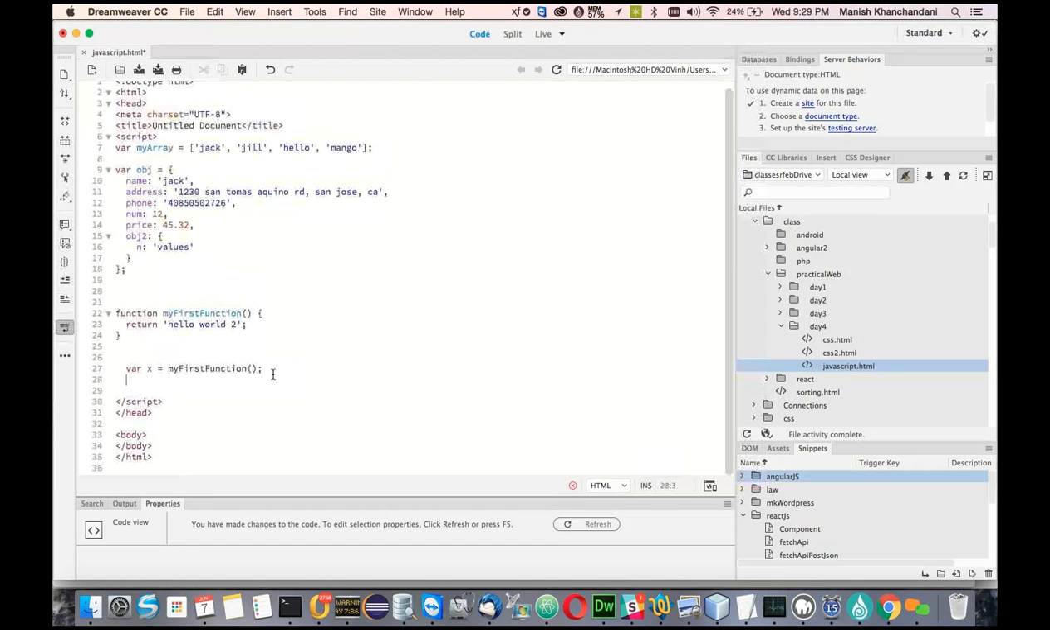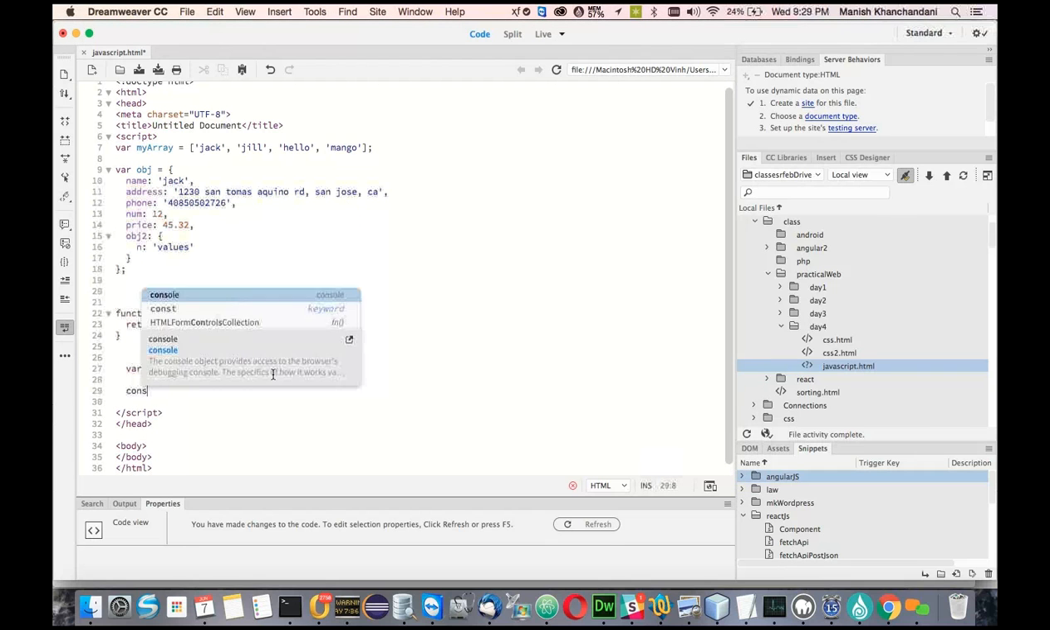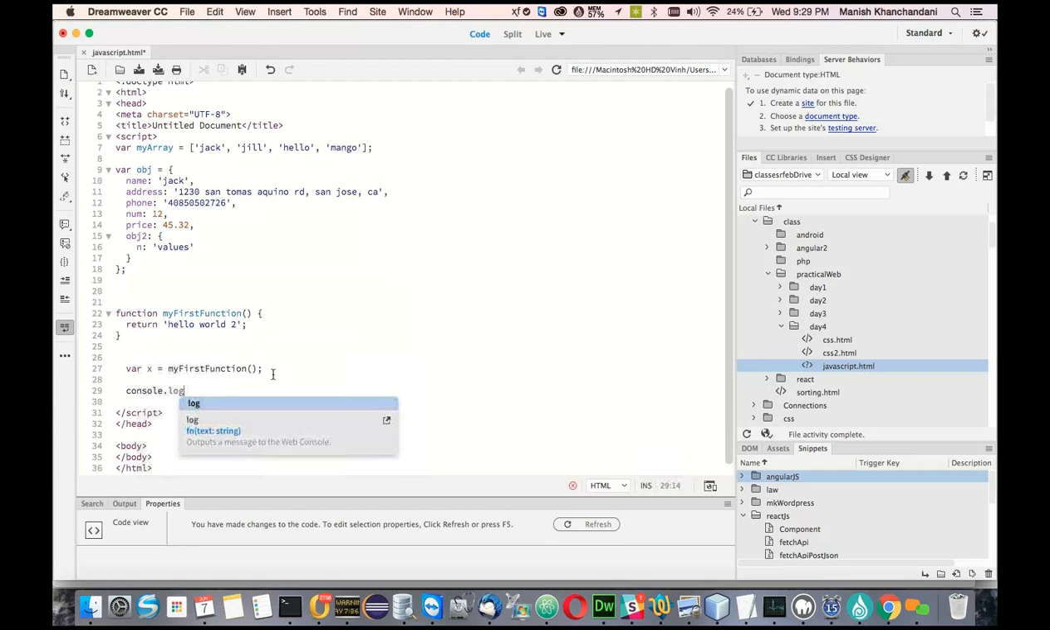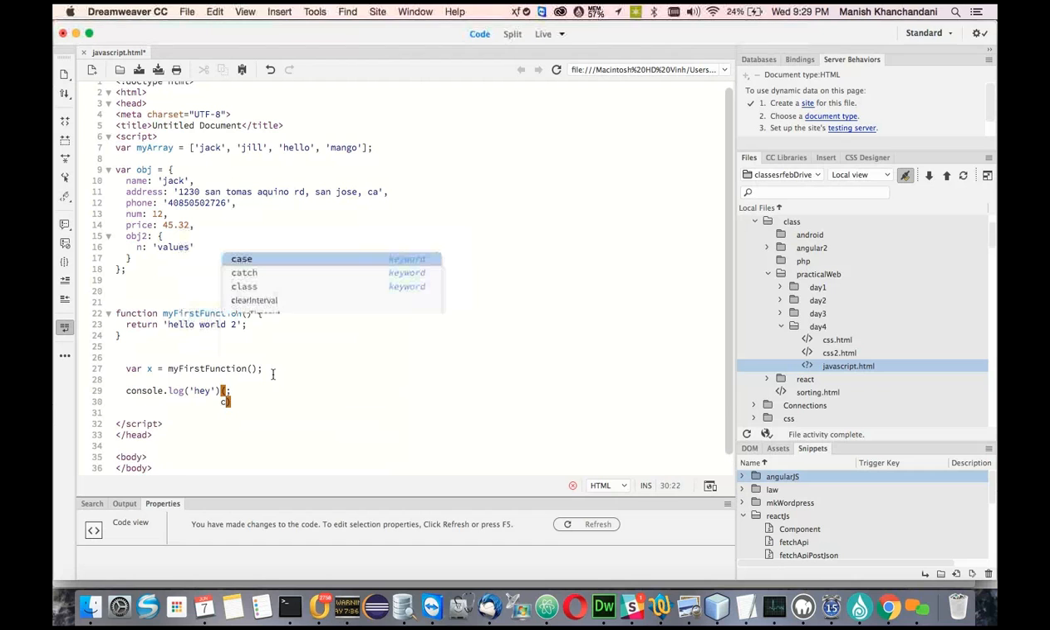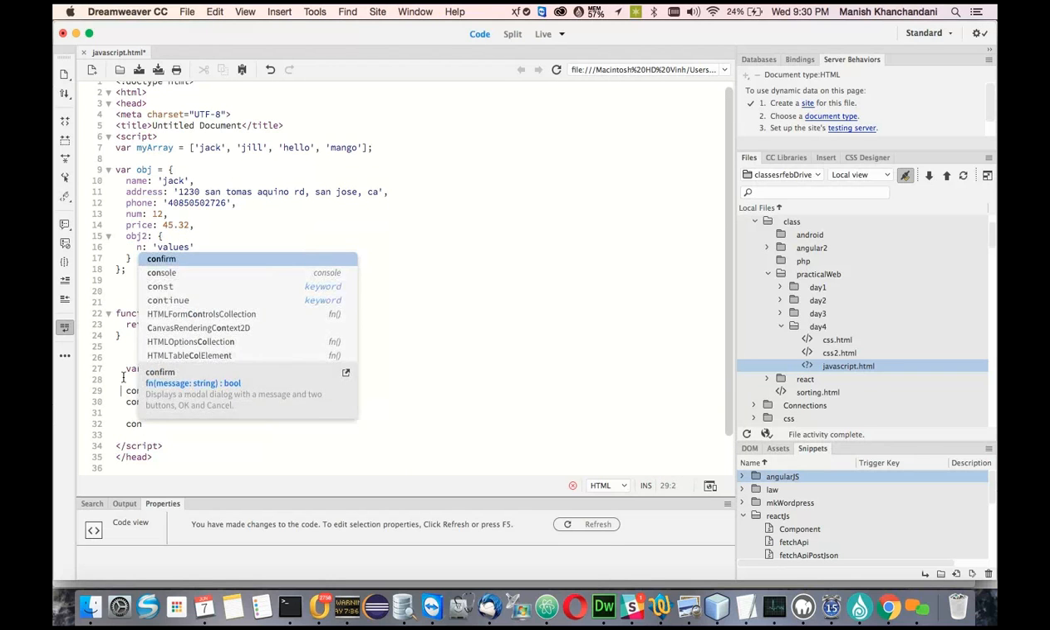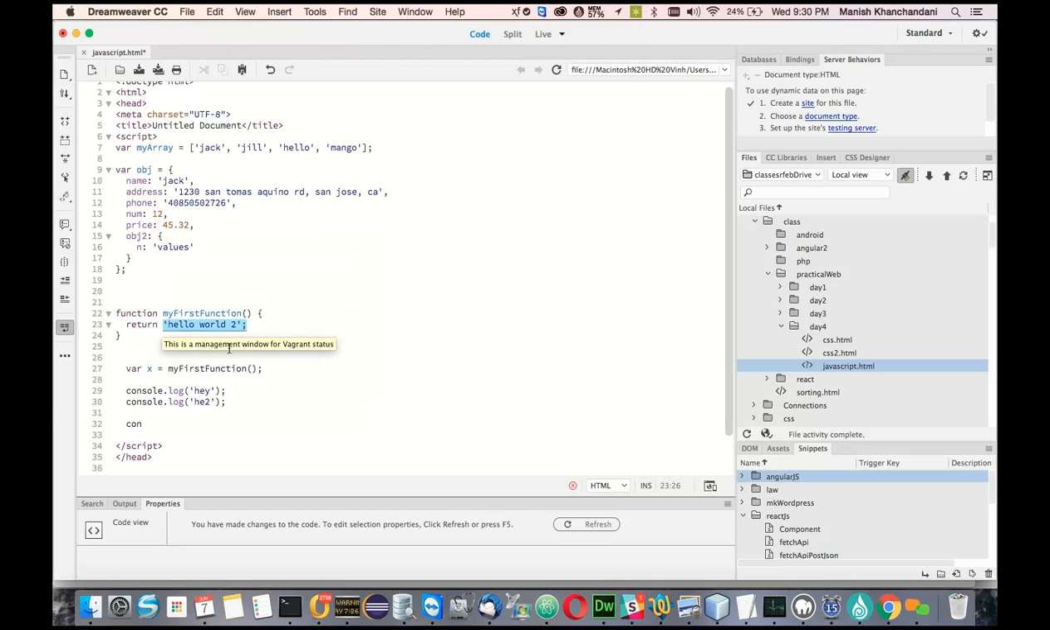Now I will do some statements. For example, I will write some console.log, hey. I will do some statements in between. If you have a big lengthy program, there may be many lines of code. So I have some lines of code here. After these two lines, I want to display this hello world, which I got from the function. So now what I will do, console.log